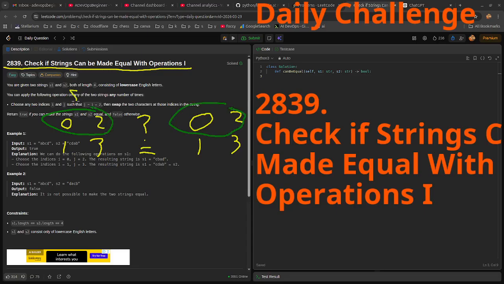So imagine this way: if we sorted these characters, then check if they are equal to each other. In this case, if after sorting these two characters are not equal to each other, that means no matter how many times we swap them, there's no way we can make them equal. That means it's a fail. So the first thing we want to check is if 0, 2 compare is not equal, then